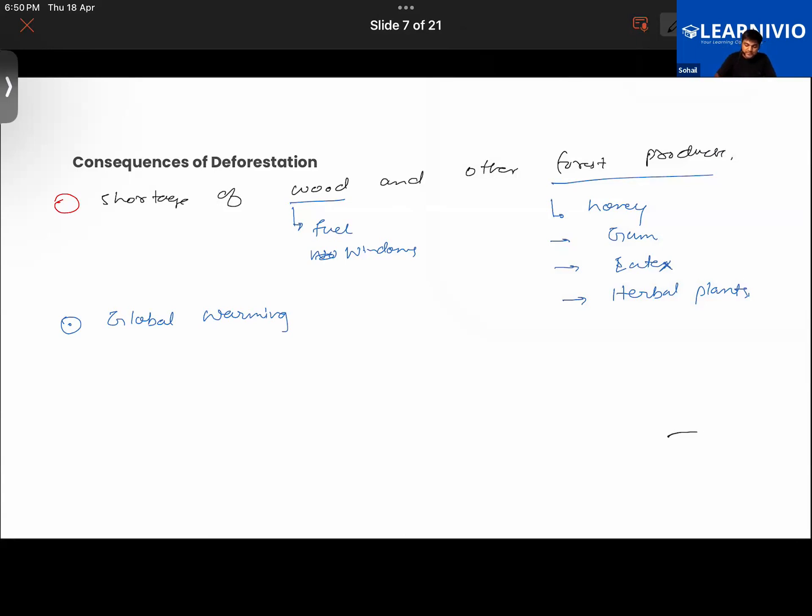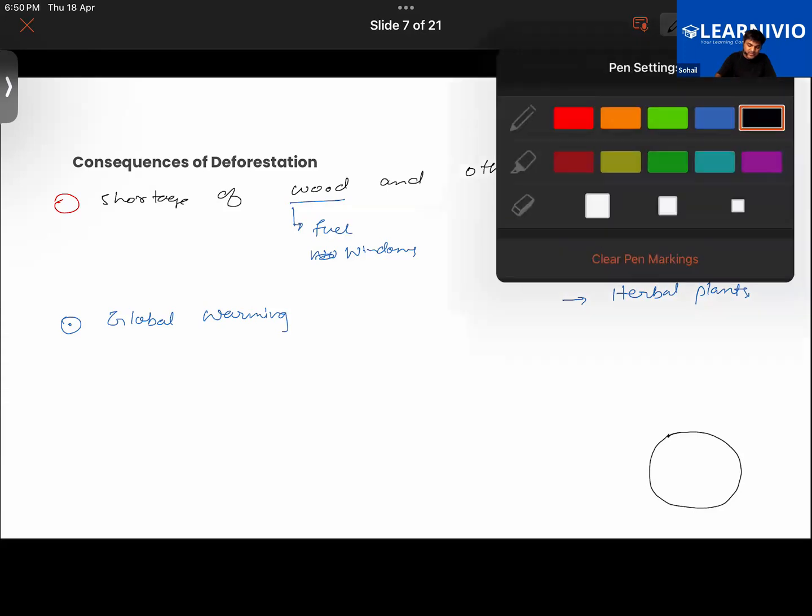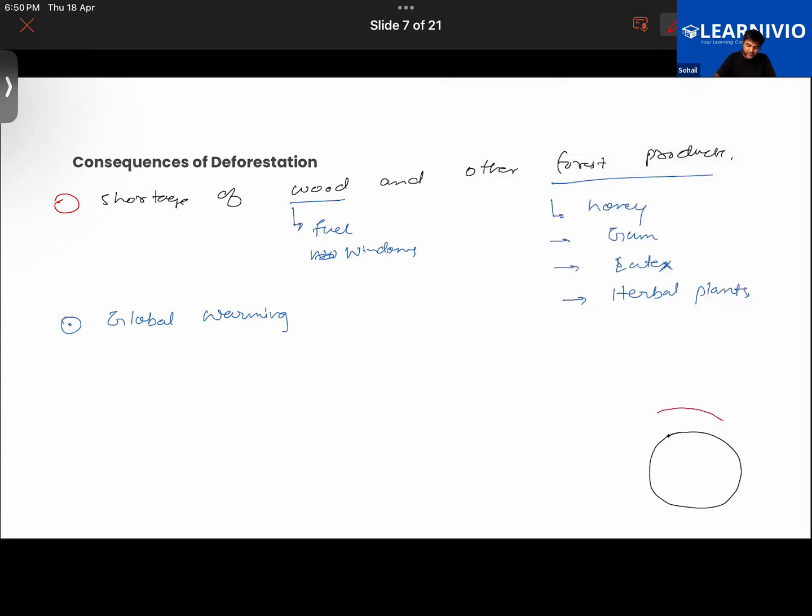See, this is our Earth, and our Earth is surrounded by a blanket of air called the atmosphere. That's the sun, and the sun's rays are entering into the atmosphere of Earth. So some of the sun's rays will be absorbed into the surface of the Earth. Some of them will be reflected back from the different surfaces, and some of them are reflected back, lost in